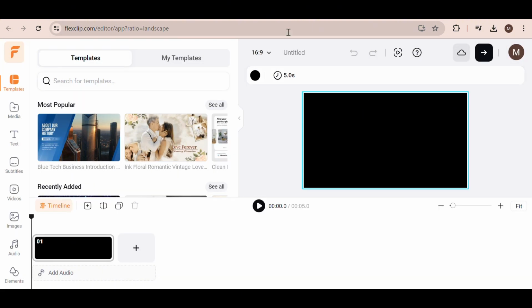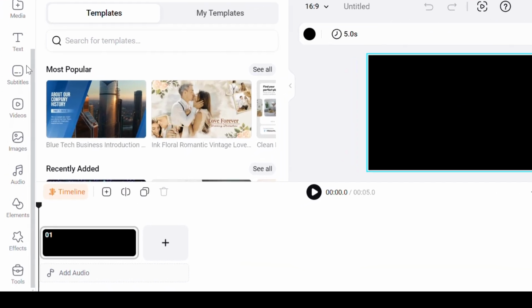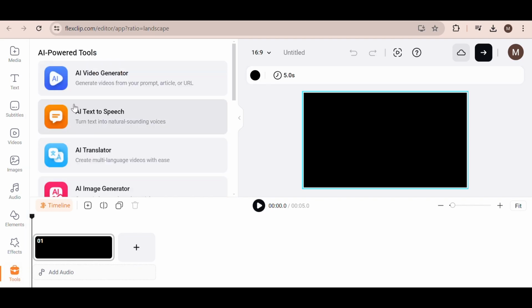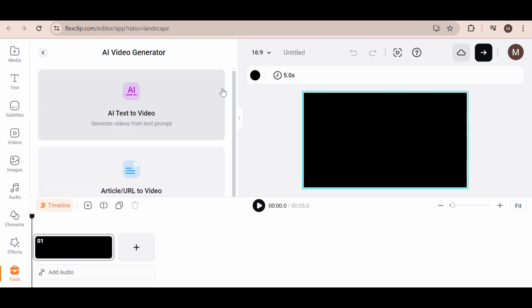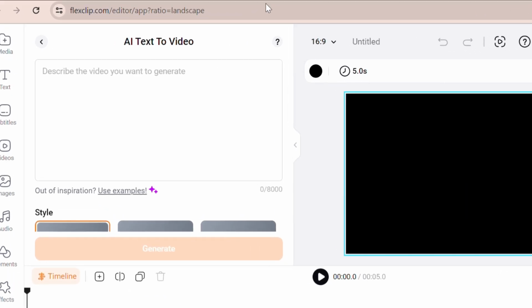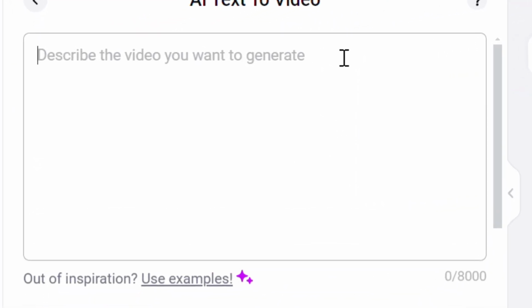First, head over to this left-hand side menu and scroll down until you see this button right here called Tools. From here, we can quickly use all of their AI-powered tools. Select the AI video generator. You can either create a video from a prompt or a URL article. I'm going to use this prompt button. I'm going to ask it to create a script for a YouTube video about a day in the life of